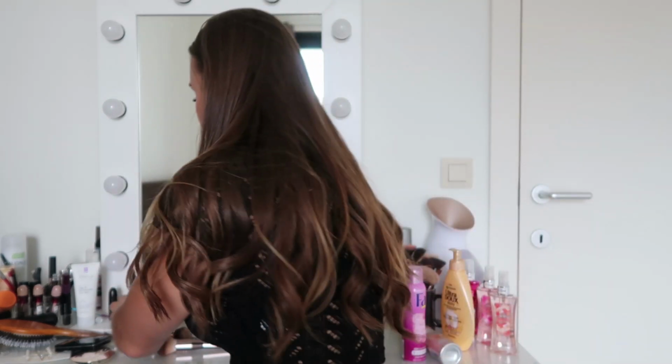And now you can see it's still a little bit wet. Oh god, I forgot to do my lips. I don't do them every day because sometimes I just wear some Vaseline, but if I want that extra touch, for example for my pictures on Instagram, I always put some lipstick on, and I do have a lot of lipsticks, as you can see here,